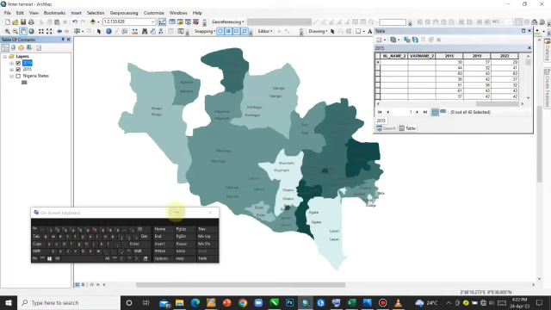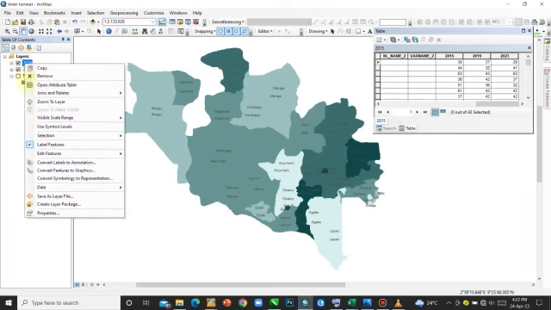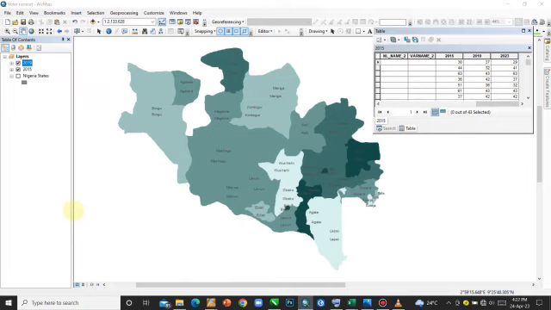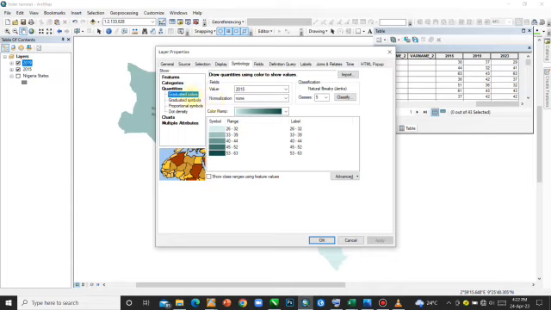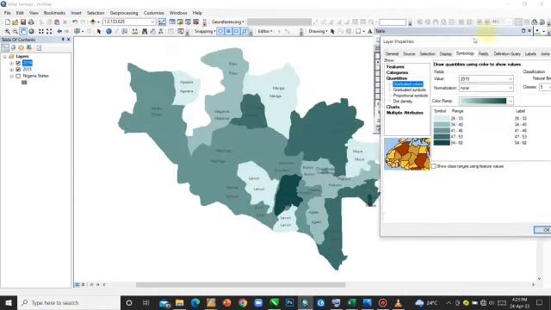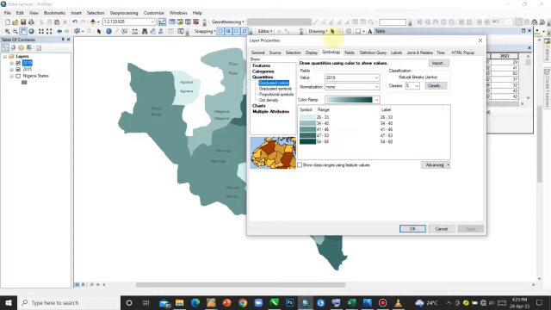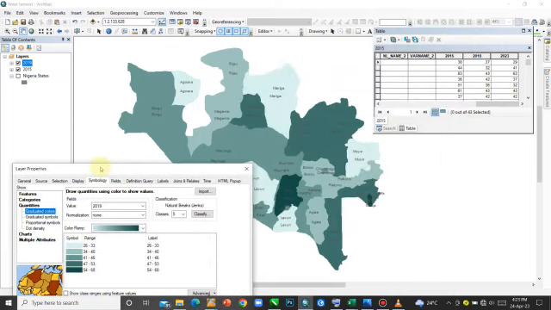When you do that, you see the same data. We're going to right click, and then go to properties. When we go to symbology again, it's on graduated colors. Now your field is going to be 2019. So it's still the same range for all those values. Just click apply. You notice there's a change. Now in 2019,